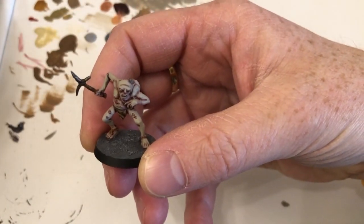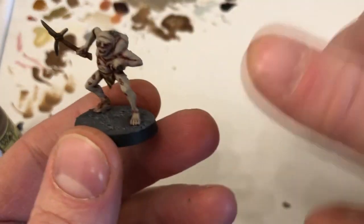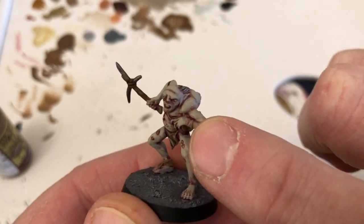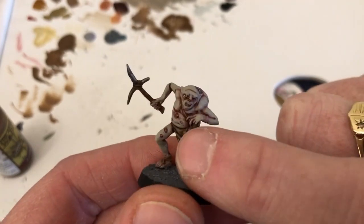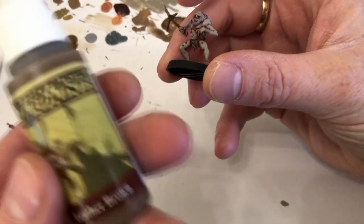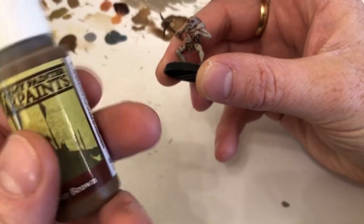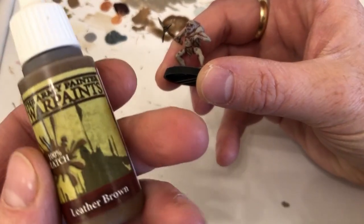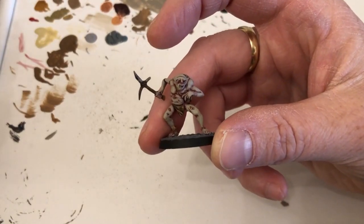Oh, and you can tell that I speed painted these because I actually missed a band that I've got to go back and paint afterwards. You can see that I missed a band that hasn't been painted in the same way as all the other brown. But the general concept for the brown was everything got a coat of leather brown. I'm not entirely sure what the closest approximation would be in Citadel paints, but yeah, leather brown,